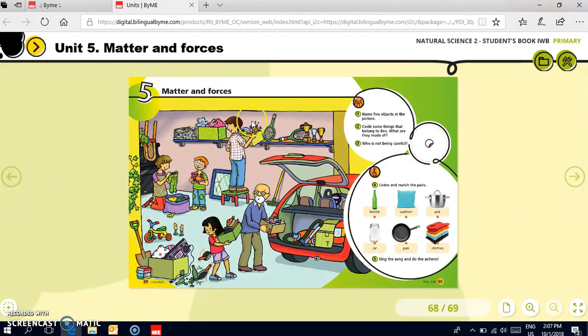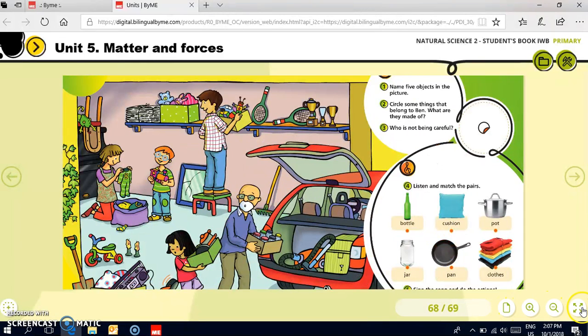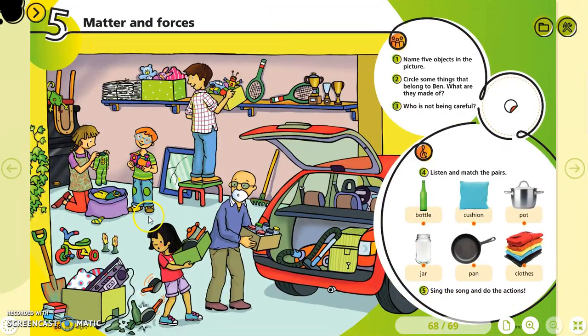Now, this page is one of the most important parts of the module. This is where you do 3 things. Number 1, you revise or find out what students know about this topic. And in order to do so, you need to ask the students questions about the picture. There are already some questions provided for you here, but the questions you ask should not only focus on the